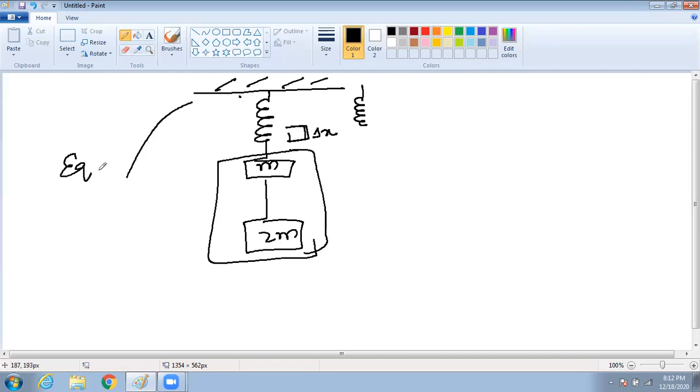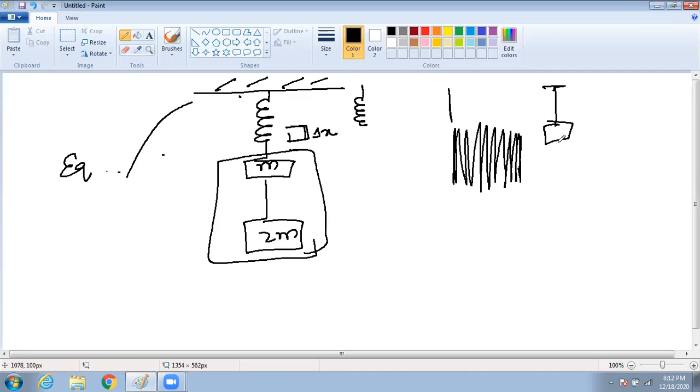Whenever a question is given at equilibrium, equilibrium means basically when you hang suddenly, this mass will be oscillating, going up and down. Yes or no? Take a rubber, attach some kind of weight and pull it. What will happen? You will see this mass oscillate up and down or not? Yes, sir. So the moment it stops oscillating and finally reaches a position where it is stable, that's called equilibrium.